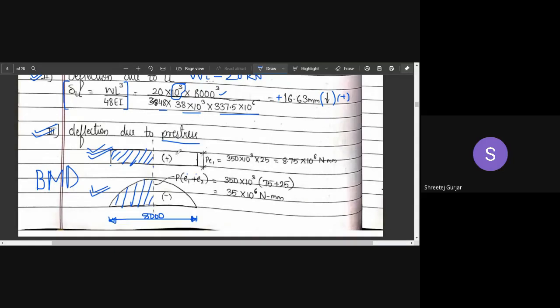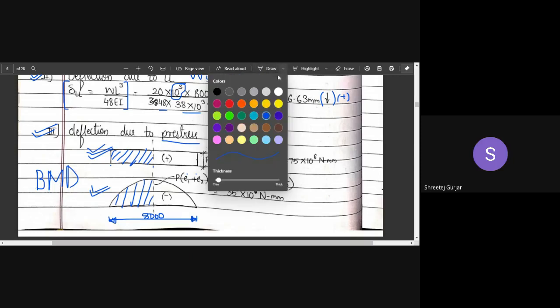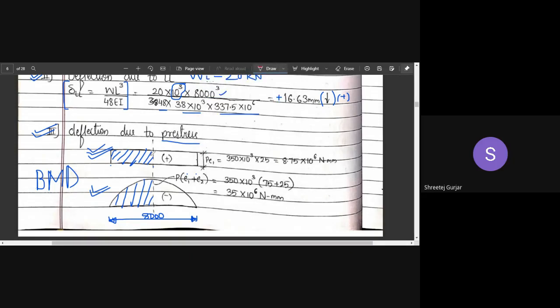Using plus or minus, you have to use plus or minus. For calculation of this area, we have to use minus. For this, we have to use plus. So now area is done. What is X bar? X bar is nothing but the centroid of this particular area from the support. Horizontal. So for this area, it is here, and we need to find out this. So this is X bar for this BMD, and this is the X bar for this BMD.